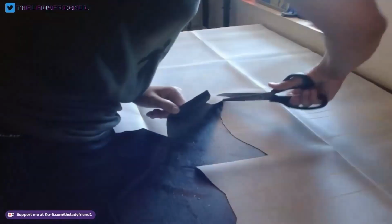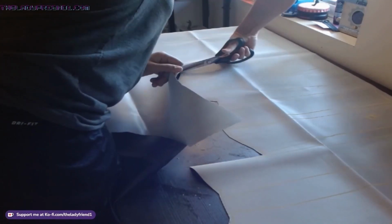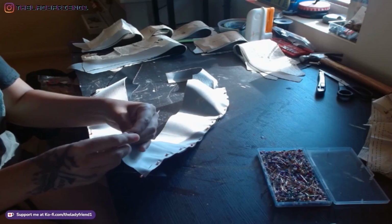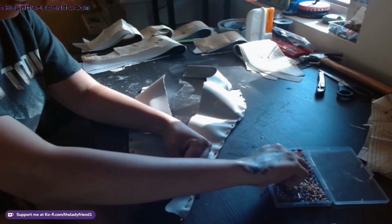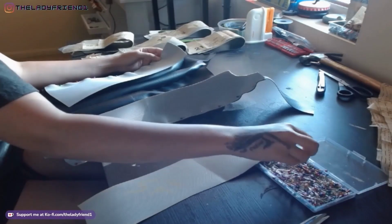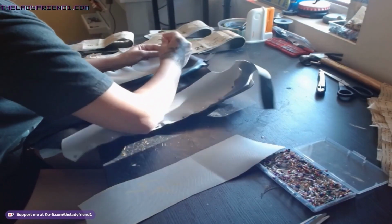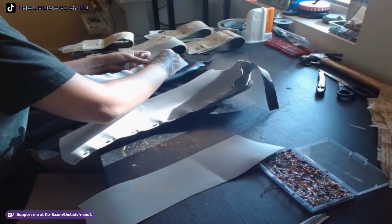Leather. And then, of course, using my fabric shears to cut out all of those pieces. After all those pieces are cut, I'm laying them all out so I have everything in order so I could start pinning it all together. I wouldn't recommend using pins with pleather or leather. I would use the clips instead. This is just all I had. And then I did sew it with my sewing machine. I got some of the heavy-duty, leather vinyl sewing needles for my machine so I could sew all those pieces